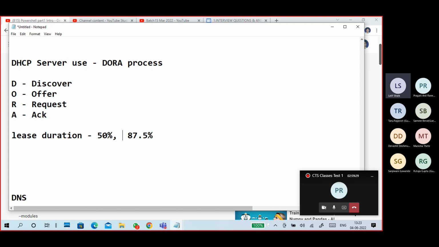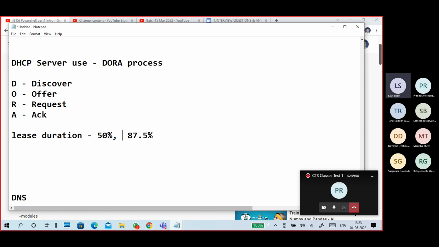When a client gets an IP address, the server notes down the client name, MAC address and IP address in the lease table. So the client has to renew it, then at the server it is extended. So the renew process starts at 50% of the lease duration from the client side.